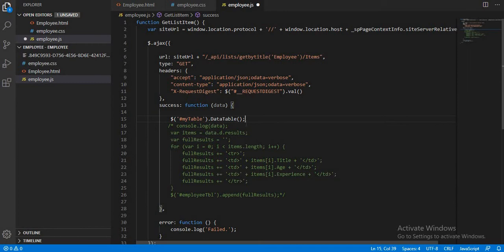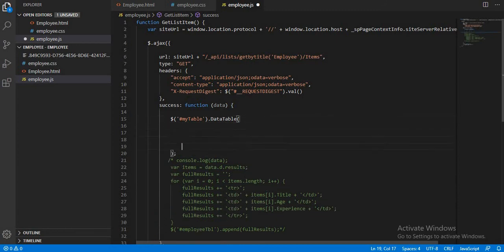Now we have initiated it. Now we have to give it all the fields, so for that we will give the options. In jQuery DataTable there are so many properties. If you go to the DataTable documentation, you can see there are so many properties available.